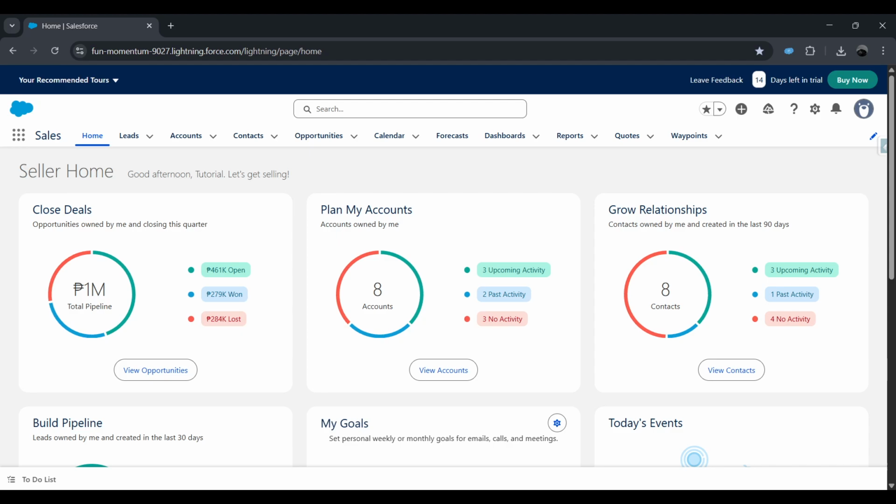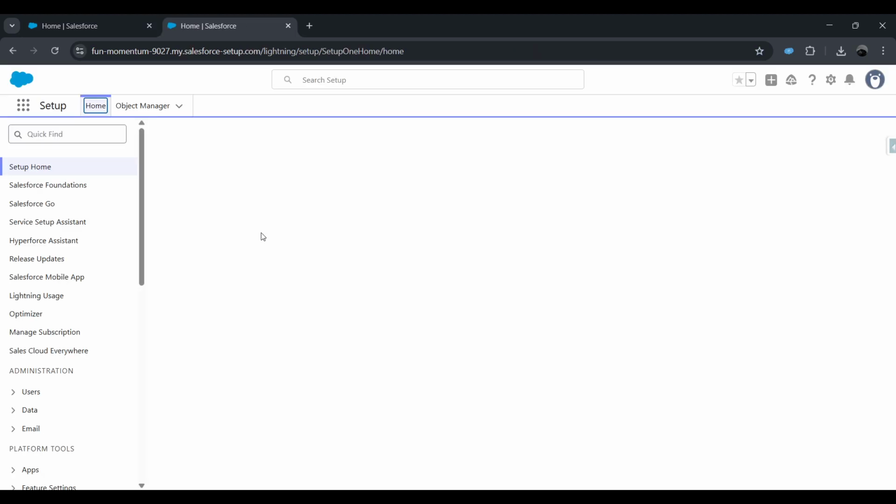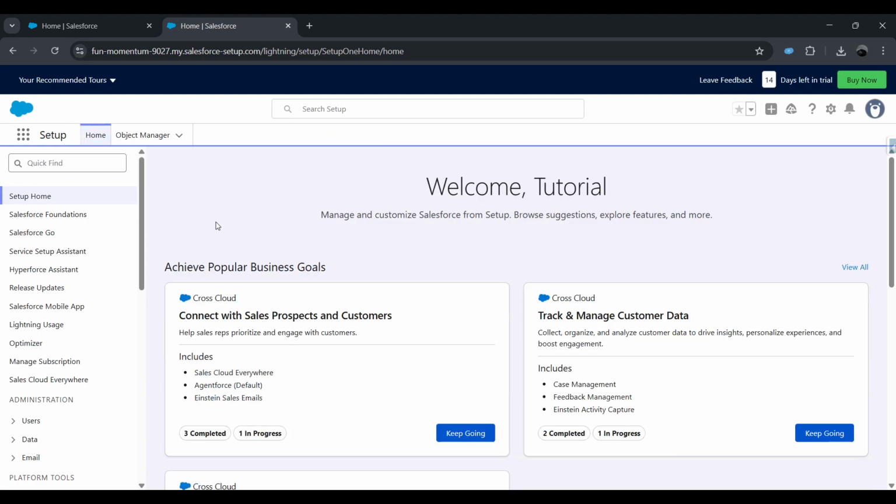First, you'll want to navigate to the setup area. To do this, look for the gear icon in the top right corner of your Salesforce interface and click on it from the drop-down menu that appears. Select Setup. This is your command center for all administrative functions in Salesforce, and it's where you'll manage user access